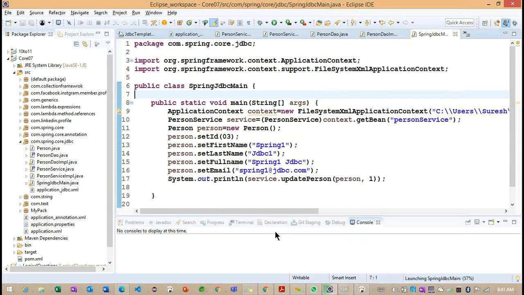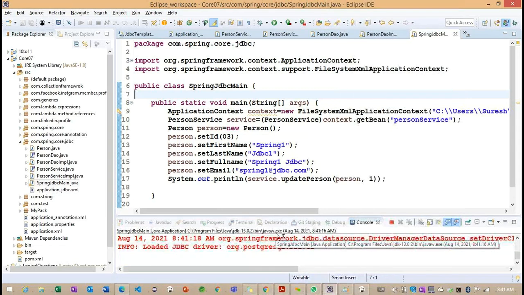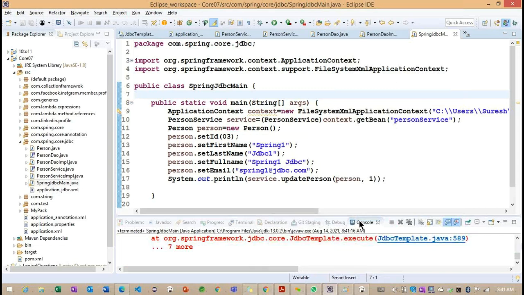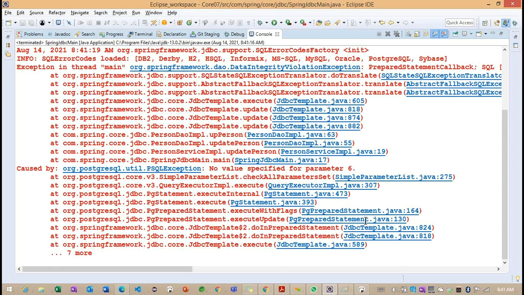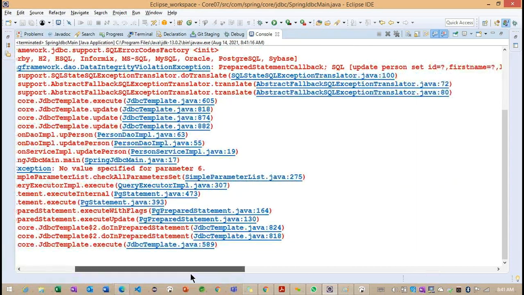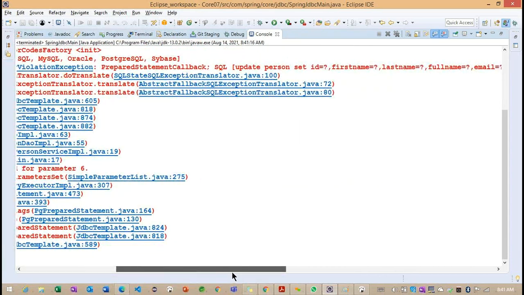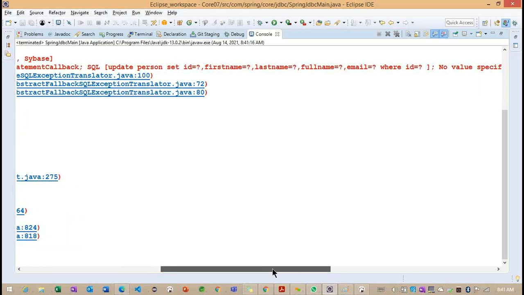Now we'll try to focus on the same example. No value for parameter 6 here. So what is the parameter 6 we are having here? 1, 2, 3, 4, 5, 6.